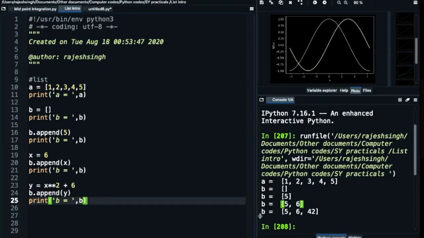So one more number is appended here. This way b will go on increasing in number. You can add as many elements as possible. For our work right now, only this much skill is needed. You can do a lot of things with lists, but I think that can be covered later.